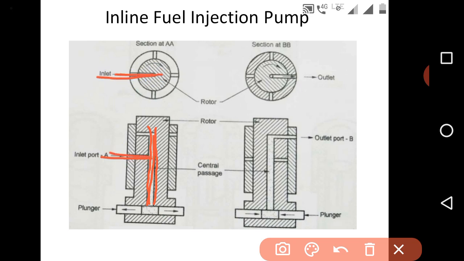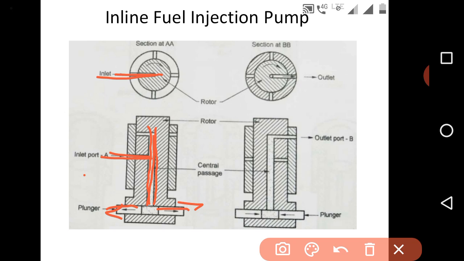In the top view, the fuel is drawn into the central rotor from the inlet port when the plungers move away from each other, wherever the radial delivery passage in the rotor coincides with the delivery port for any cylinder.